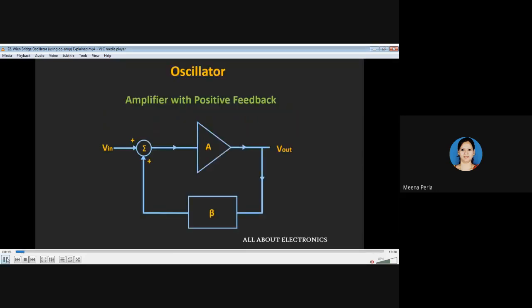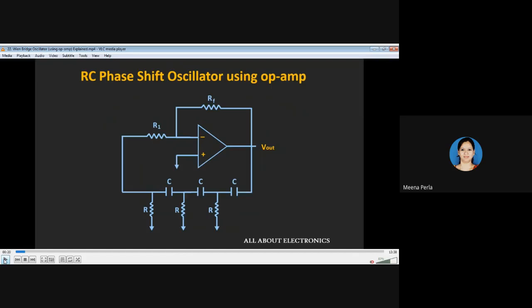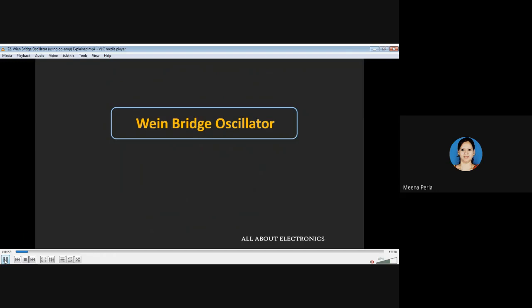Okay, so first we will understand the basic working of the oscillator, and we have also seen how to design the RC phase shift oscillator. So in this video we will see one more type of oscillator, which is known as the Wien bridge